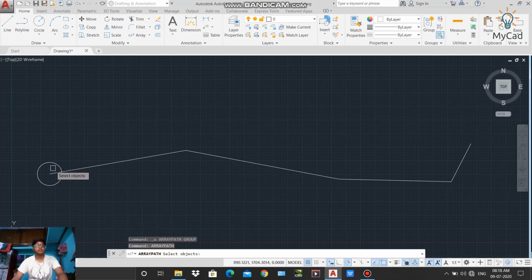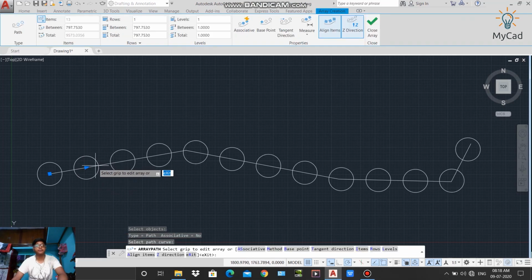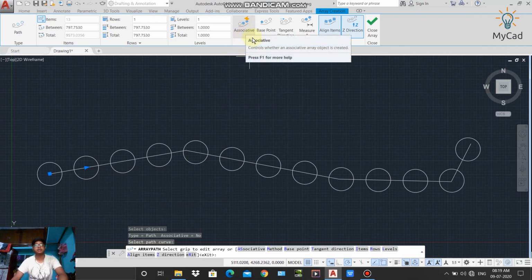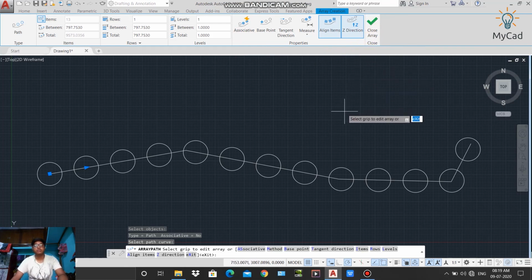Now I will select the circle as my object, then I will press enter. Now I have to select the path, so I will select this polyline, and I will keep this associative option off and then close the array command. To close that, I will press escape.